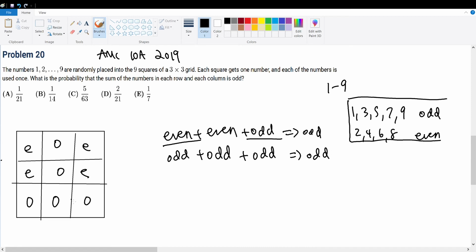And let's see if this checks out. Well, even plus odd, this matches this criteria. Odd plus odd matches the second criteria. And this matches the first criteria. This matches the second. This matches the first. And this matches the first. So this possibility checks out. So that means that I can use this as a possibility to be in consideration for how I arrange